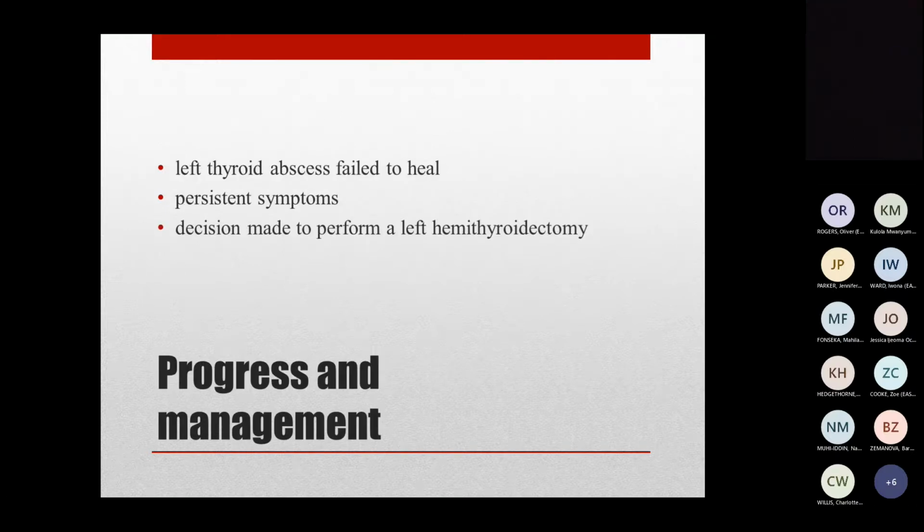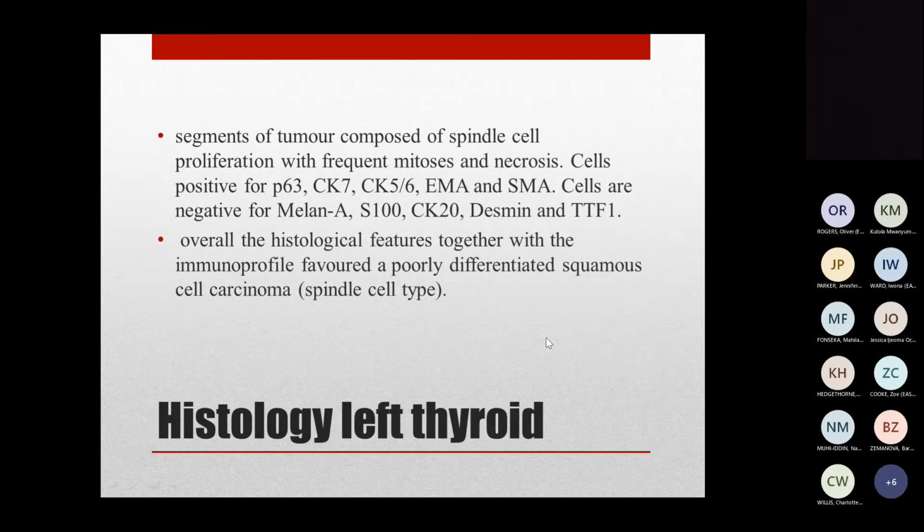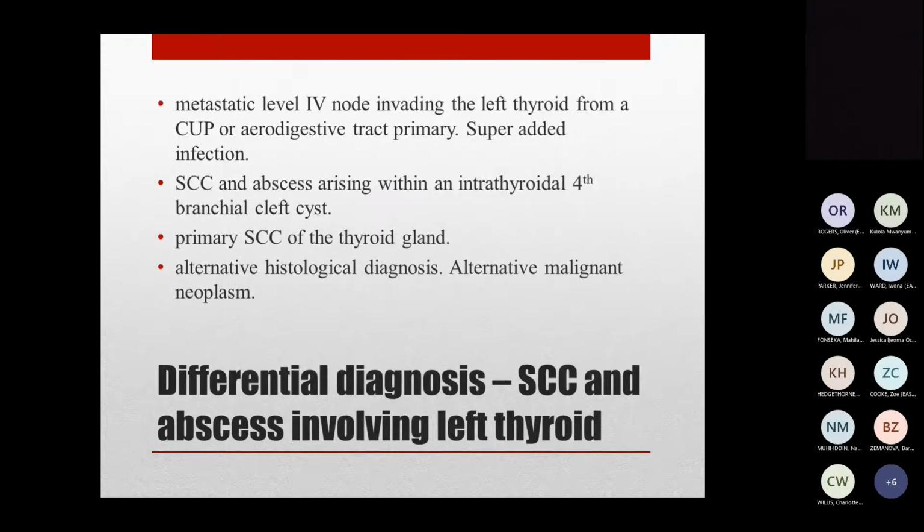So the patient was treated with antibiotics, but the abscess failed to heal completely, and she had persistent symptoms. The decision was then made to perform a left hemithyroidectomy for symptomatic benefit. The histology of this resected hemithyroidectomy specimen identified, surprisingly, a poorly differentiated squamous cell carcinoma of spindle cell type within the sample. So this was a very unexpected finding, and the differential diagnosis for a patient with a squamous cell